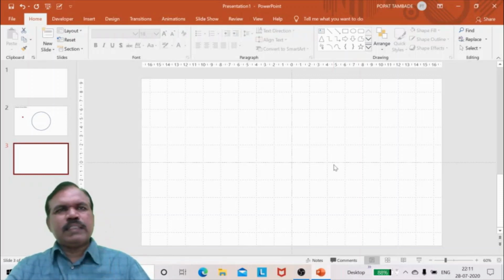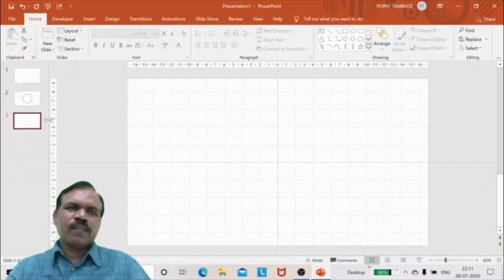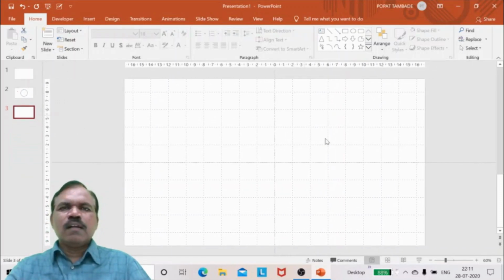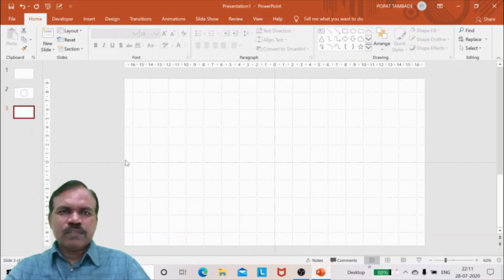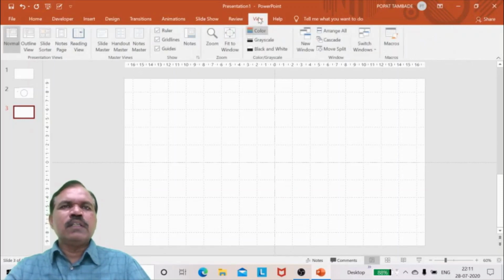This is the PowerPoint slide. I have taken a blank slide and I have also taken grid lines. These lines are called grid lines, vertical and horizontal, as well as guides and also ruler, by using these boxes in the view menu.